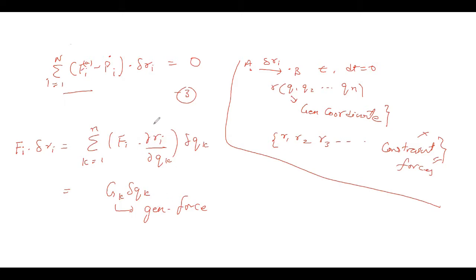So it is just a generalized force corresponding to this whole term. When I say generalized coordinates, it doesn't mean it has the dimensions or units of x, y, z. It can be theta, phi, anything. So if my generalized coordinate is like r dot, so this is my generalized coordinate.